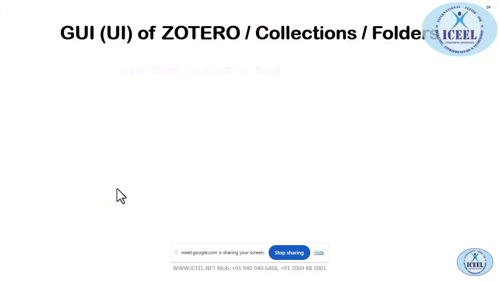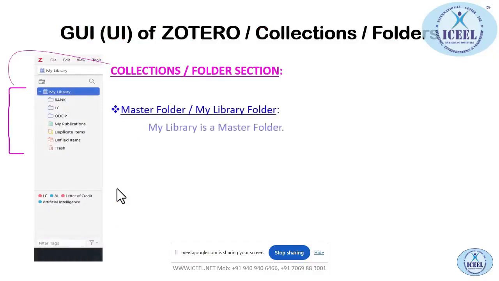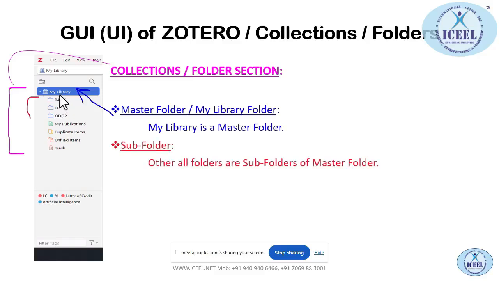Now, the collection or folder section contains two divisions. First is the master folder or the library folder. This is the library folder, you can see here, the blue one. And this is a master folder, mind well. My library is a master folder and second is a subfolder. These all are subfolders. How to identify? See this line. Only one is there, an icon, and that's a master folder. And these are